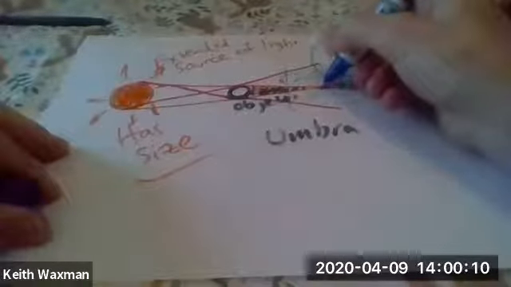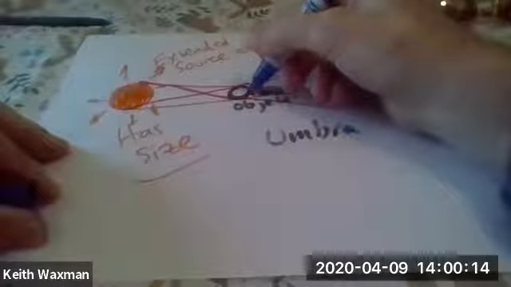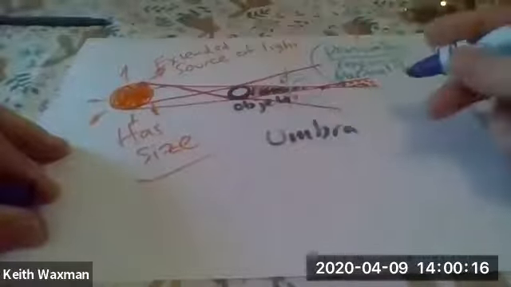So if you start walking away from this object, what happens is this. It gets apparently smaller, until you get right over here, and as this object gets smaller and smaller, this object, which was much bigger than the extended source of light,